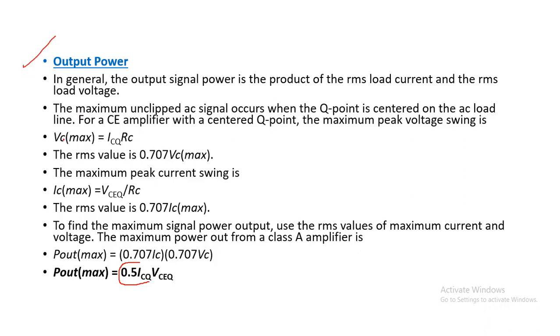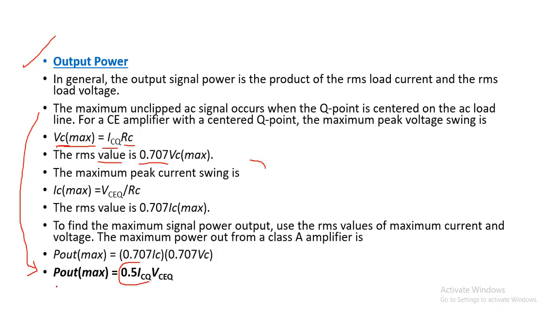The output power is nothing but, you can see, the maximum power for the collector is basically the quiescent current multiplied by the RC, and you know that the RMS value is 0.707. If you put this value into that equation and solve it for a class A amplifier, the mathematics and abbreviation has been done over here. I think you are able now to understand this derivation, because I have done the same derivation 3 or 4 times in the previous amplifiers. So I will leave it up to you.